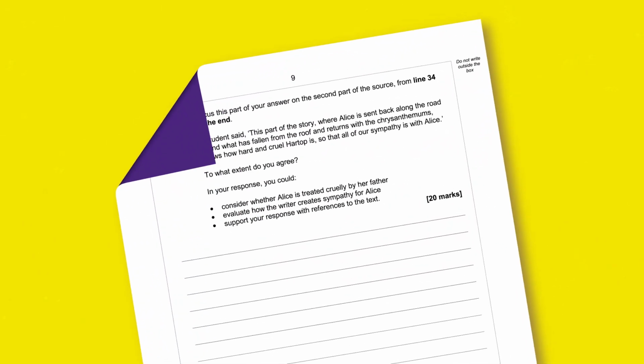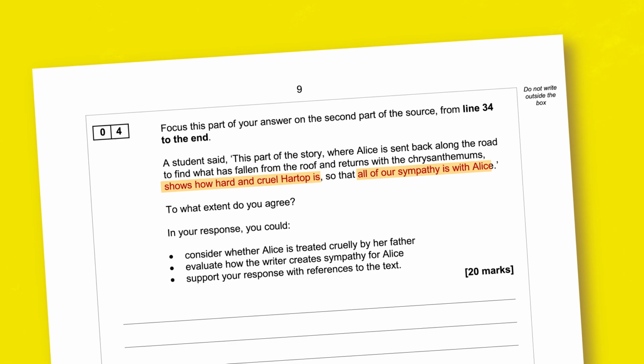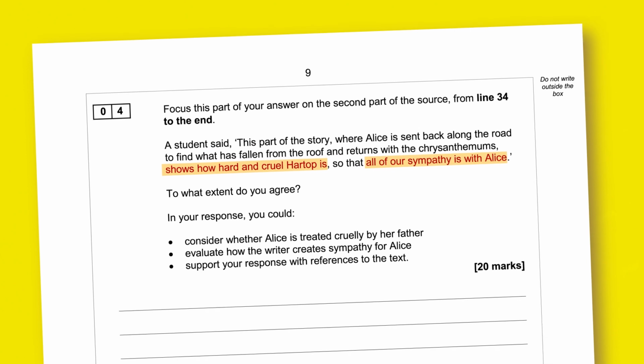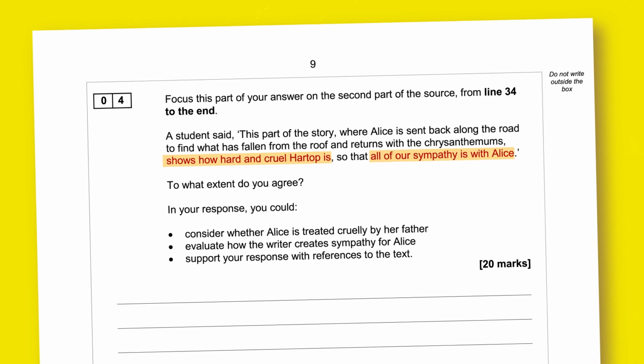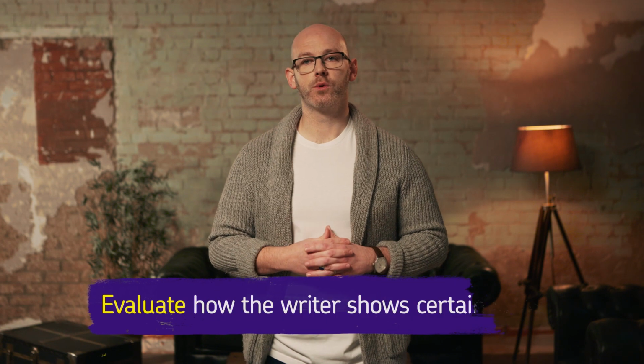But what do you need to include to do this? Look at the statement you're given. It'll usually have 2 parts to it. Let's look at our example. In your answer, you should be looking to respond to both of these parts of this statement. It's also possible to agree with the first part of the statement and disagree with the second part, and vice versa. When you've decided whether you agree or disagree, or a mix of both, you're then asked to evaluate how